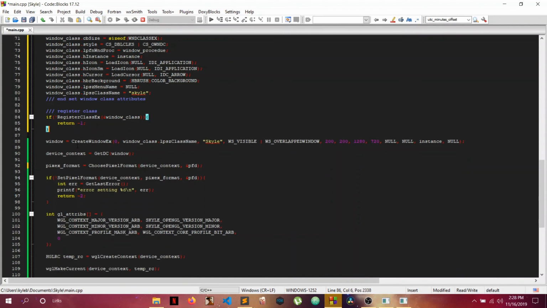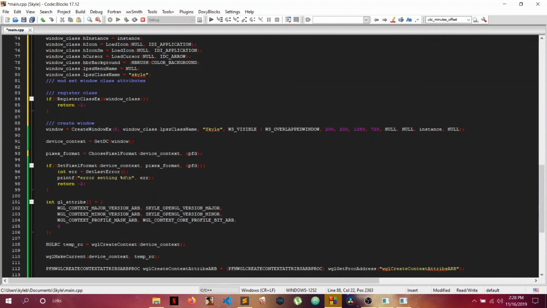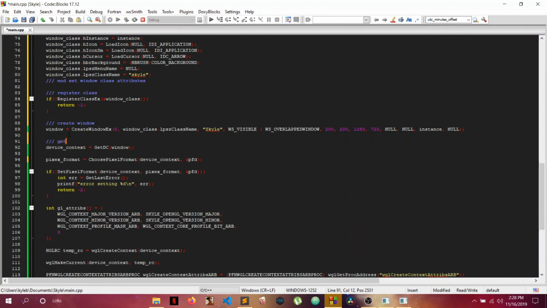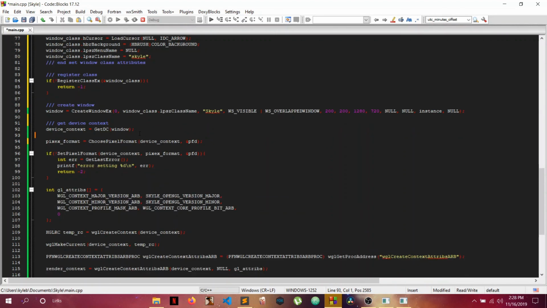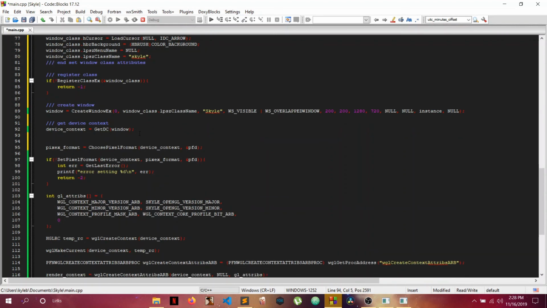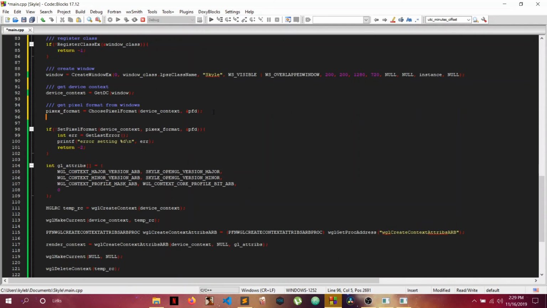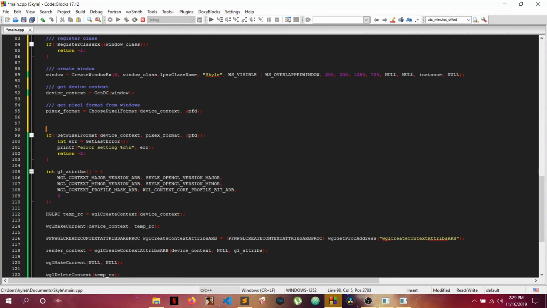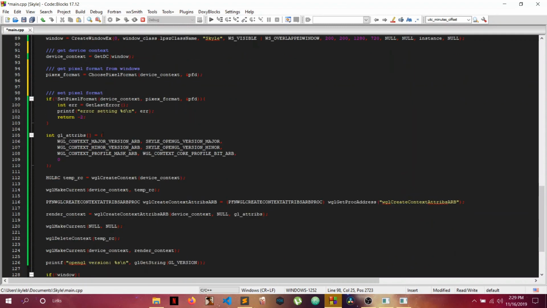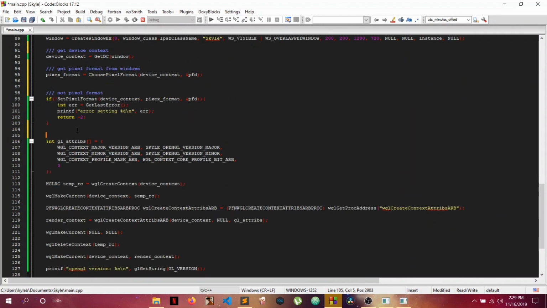Okay, so this is actually creating the window right here. We're getting the device context right here. I'm not sure how helpful these comments are because some of them, the name of them can kind of give it away, but I'm still going to do it. Next, we get the pixel format from Windows. Next, we will set the pixel format. This is the error checking. I think I'm not going to comment on that. Okay, so next,